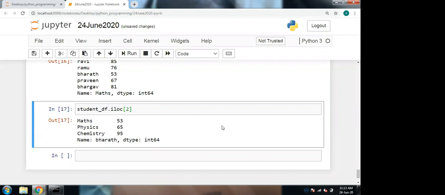Sir, in case of numerical values, we have passed names as index positions. If two names are similar, which value will be displayed, sir? No, the index doesn't have the same values. Index values should be unique. By chance, if I write two similar names, what will be the output? We cannot give it that way because index names should be unique.